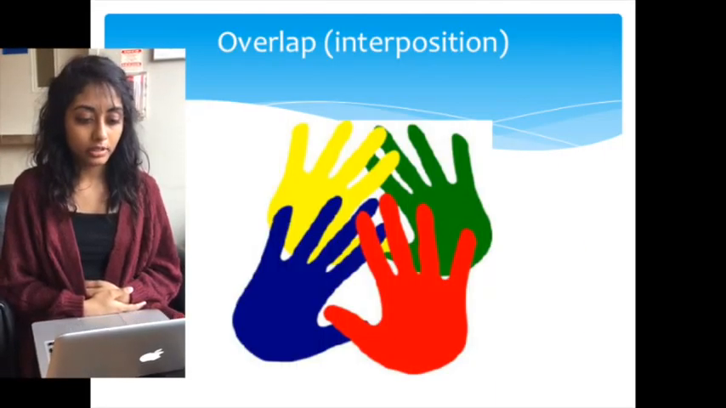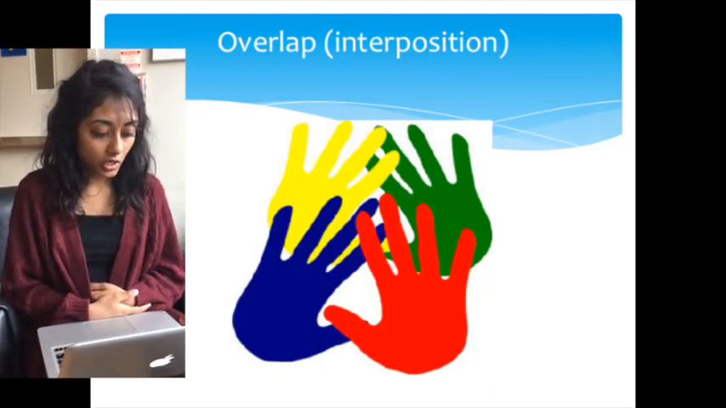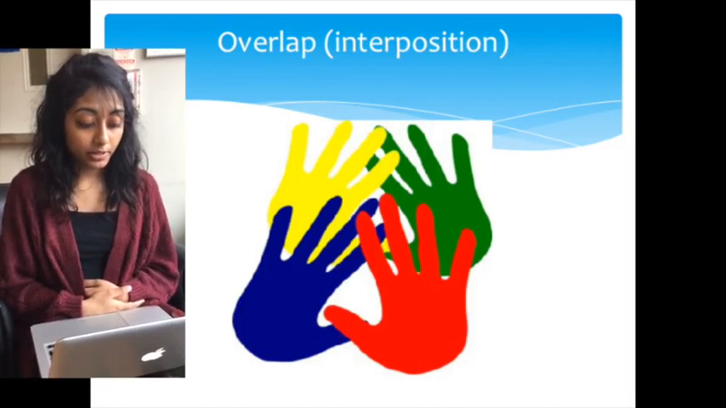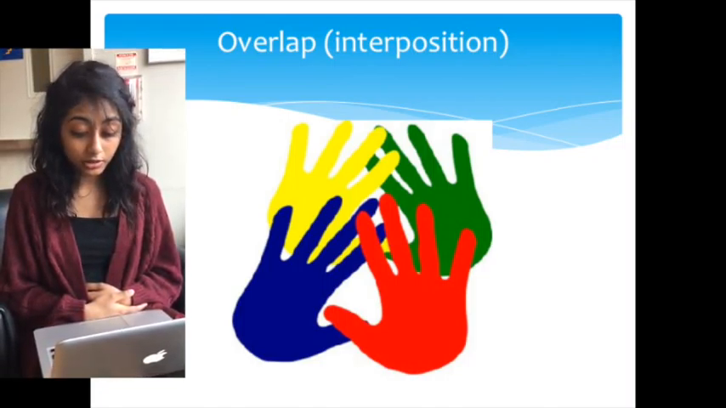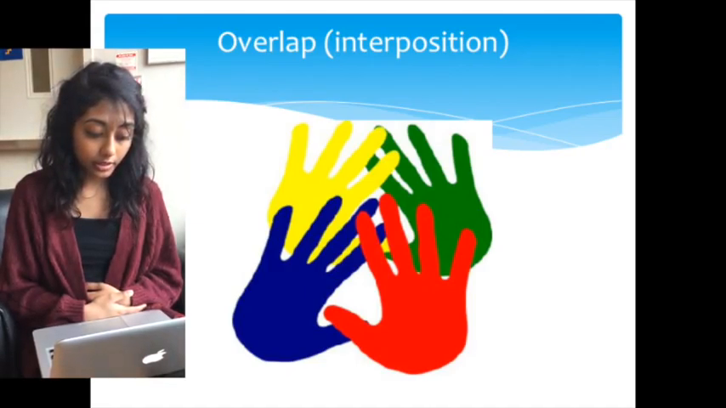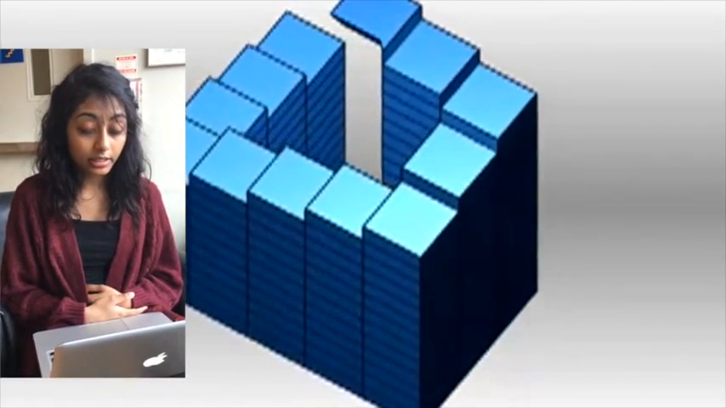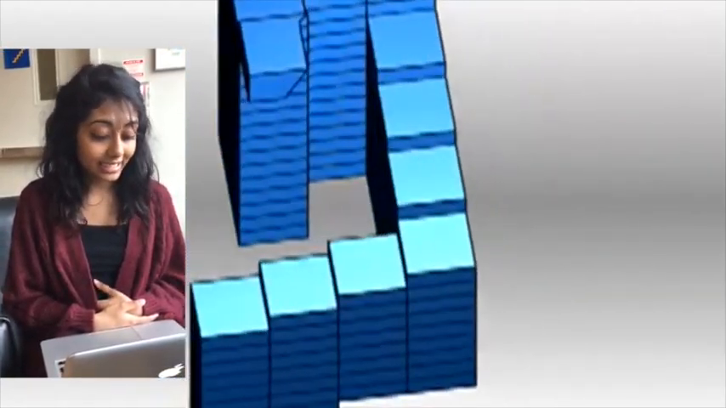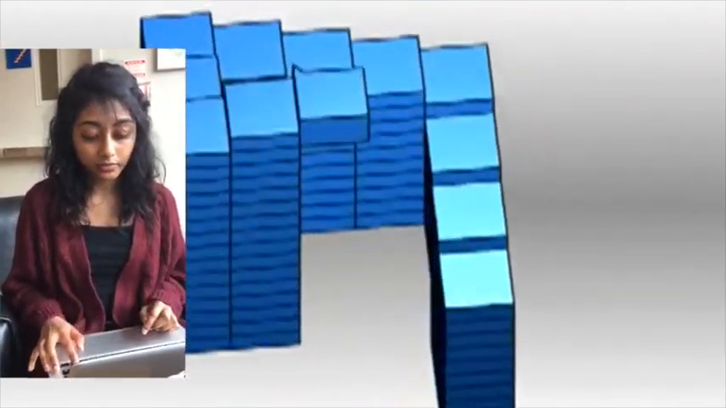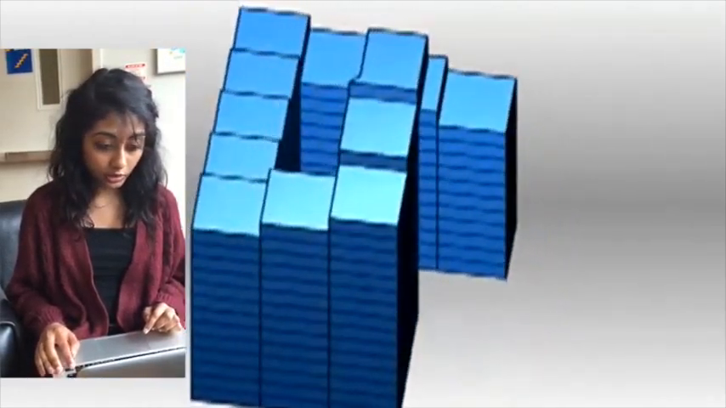So overlap, interposition. The assumption that an object that appears to be blocking part of another object is in front of the second object and closer to the viewer. As seen in the video clip, the Penrose staircase isn't actually connected together. It's detached, however, from the angle it is in, our mind perceives it as fully connected, which brings us to